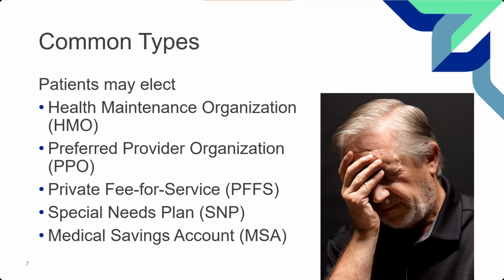Now, because they have this chronic or special need, they may also be on Medicaid, and a special needs plan can combine the Medicaid and the Medicare coverage into one payment. So the really big thing to remember with this one is it's eligibility driven based on the patient's medical condition. It will always cover Medicare Part A and B, and you always have to be living in that service area. Other things, though, it could incorporate the Medicaid payment, not uncommon. It could offer additional benefits, so a better therapy benefit for someone who has a degenerative disease.